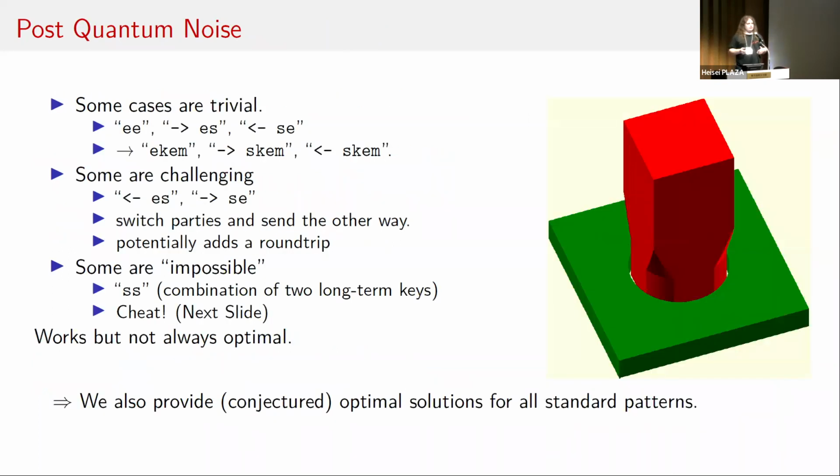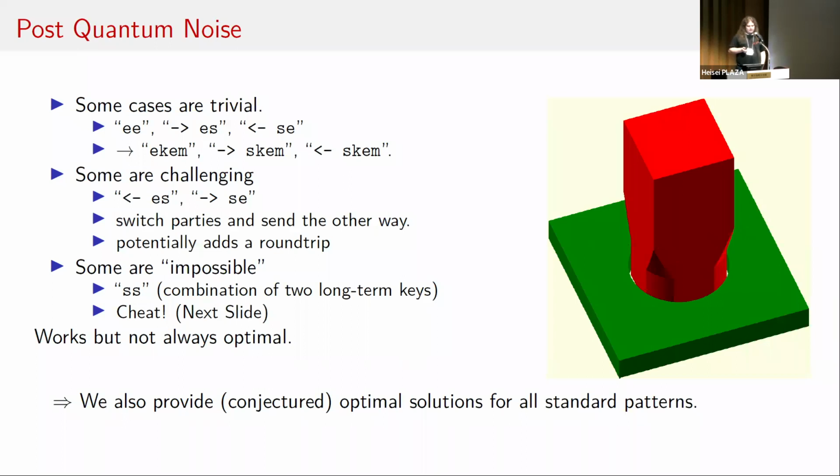So let's look at how this turned out for Noise. So some cases were actually still completely trivial. If you had the EE, so combination of ephemeral keys tokens, we could just replace it with an ECAM token. And similarly, if we had a combination of an ephemeral key and a static public key, and the receiving party of that interaction, so notice the arrows there, is the user of the static key, we can also use the SCAM token there. In this case, we view the encryption, the encapsulation randomness as an ephemeral secret of the sending party, and we get our KEM replacement. So that works without any issues.